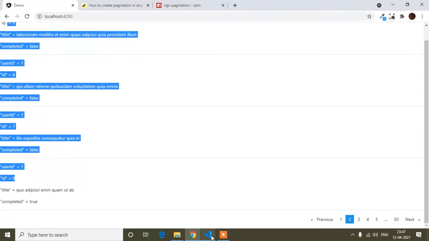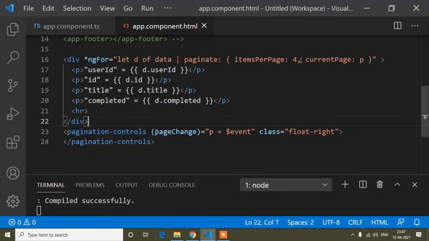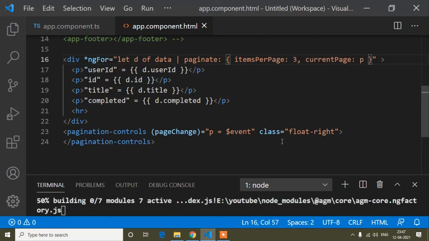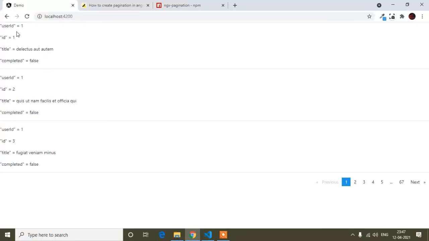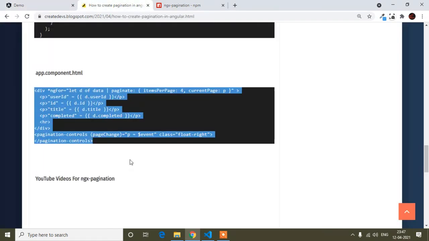Okay, so now guys, if I write here that inside this first page 3 data will show at a time, so you can change the number here, and now again I will show. I save it, and now you can see it's showing 3 data here. If you see here, you can see id is 3, and now if I click the next button, you can see it's changing to next, and if I click the previous button, you can see it's changing to the previous data. So here you can implement that.